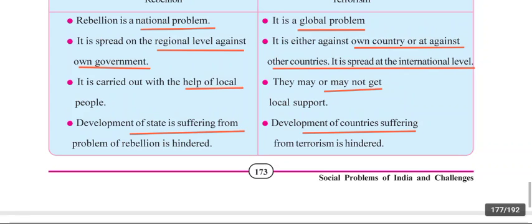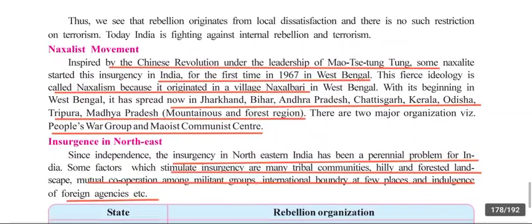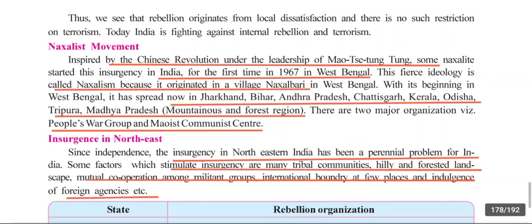While if terrorism is carried on for a very long period of time, then the whole nation's development is at stake. The nation's development is stopped and it suffers from the terrorism. So we see that rebellion originates from the local dissatisfaction, and there is no such restriction on terrorism. For terrorism can be between countries, between continents, all over the world, while rebellion is just at a regional or